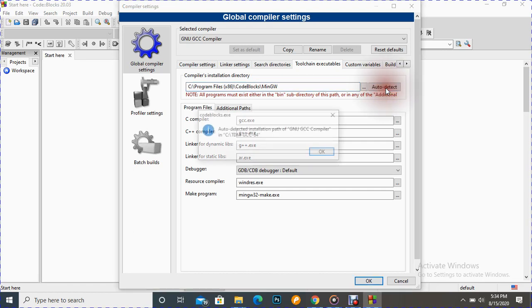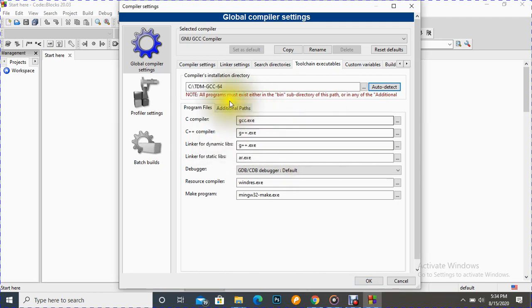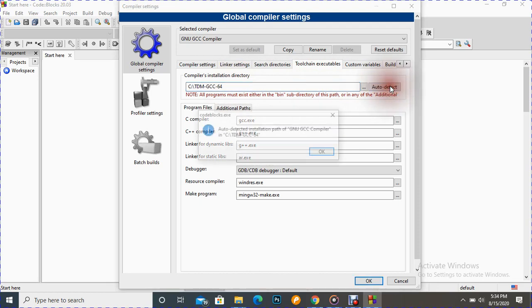As I click here auto detect, now it is saying that it has already detected the installation path of the GNU GCC compiler, which we just installed on our system. Click OK. As you click OK, we can see this path is taken by Code::Blocks, and it is now ready to go.